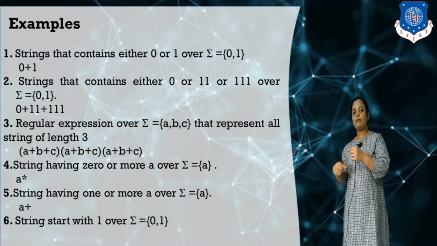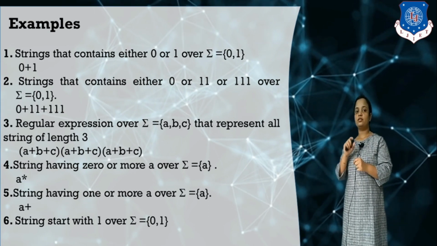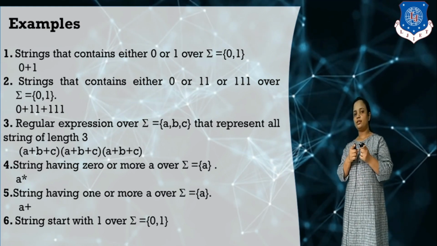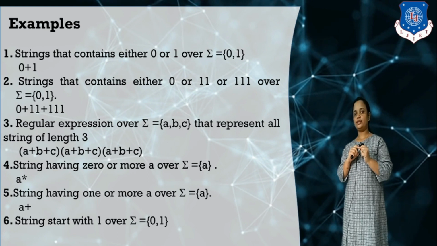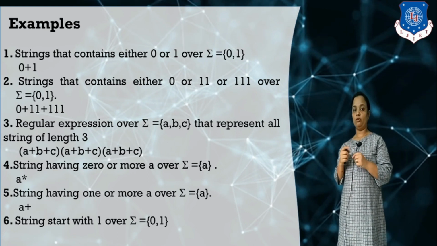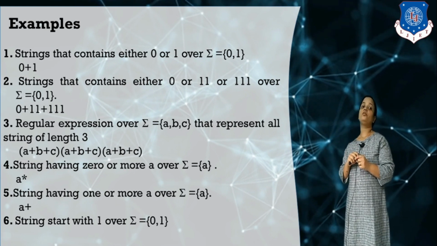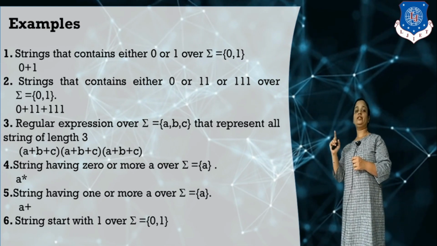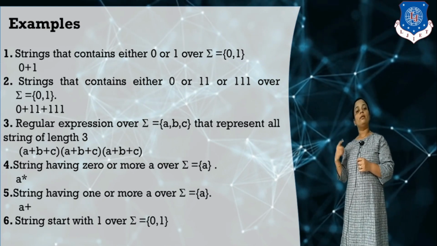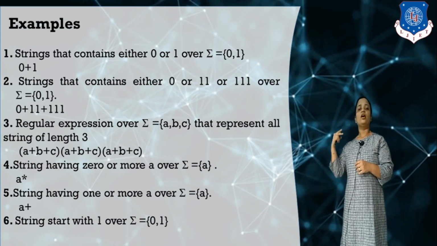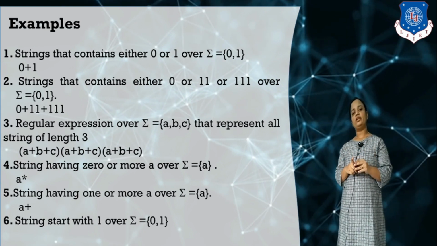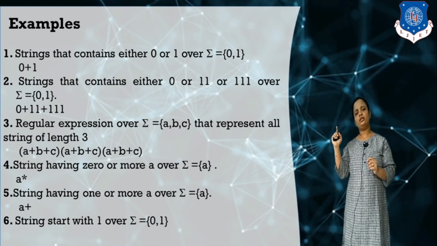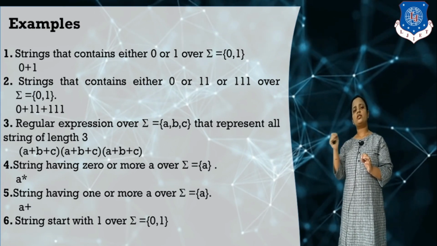First of all, we need to think about what kind of string is valid for this. Start with the minimum length 0. Is the null string included in this set of strings? No, it is not included in this language. Now, is single 0 allowed? No, because it does not start with 1. Is single 1 allowed? Yes, it starts with 1. Is 10 allowed? Yes. Is 01 allowed? No, because it starts with 0. Now, is double 1 allowed? Yes. 101, 100, likewise valid strings are generated. Always notice that the letter 1 should appear first. Those kinds of strings are valid strings.